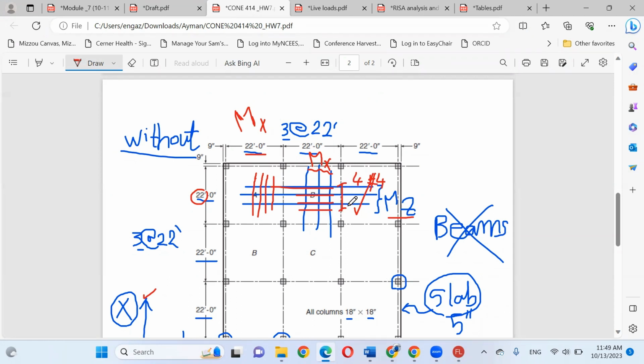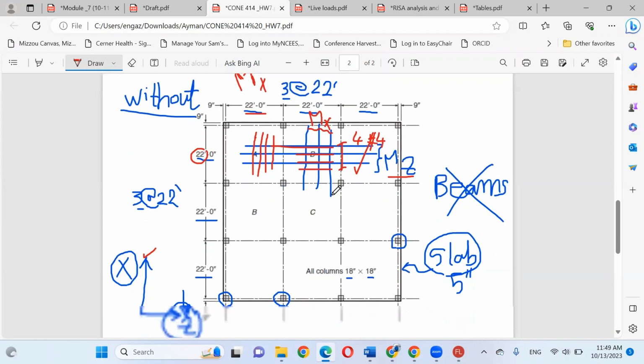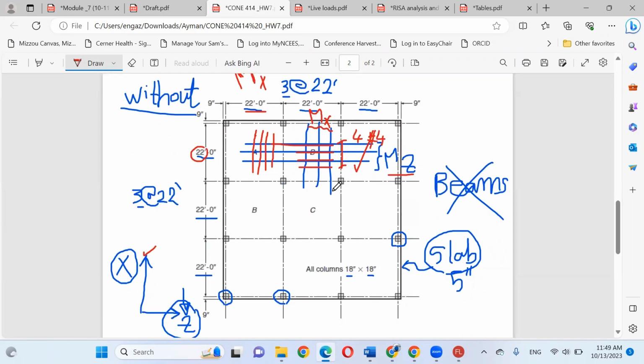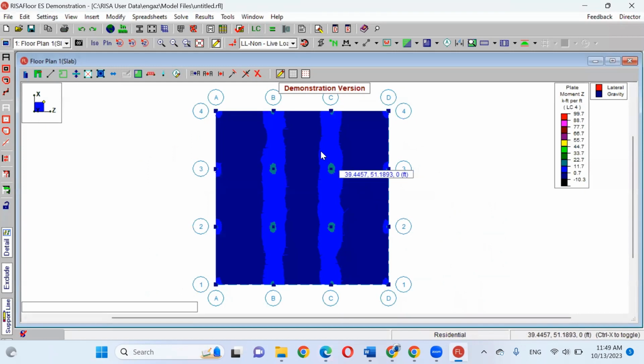This is the final design of your slab. Does that make sense? Yes, sir. RISA Floor will help you to do structure analysis. Keep in your mind, structure analysis is not a very small step. It's very big, because you have to provide the loading, you have to provide the own weight of the slab. RISA will do this for you.